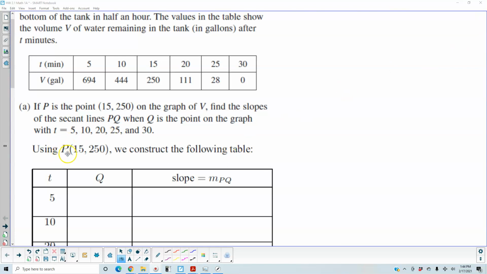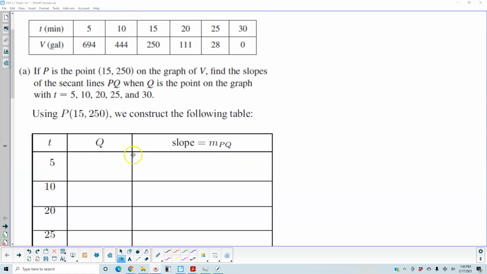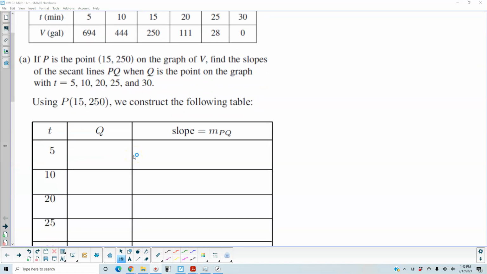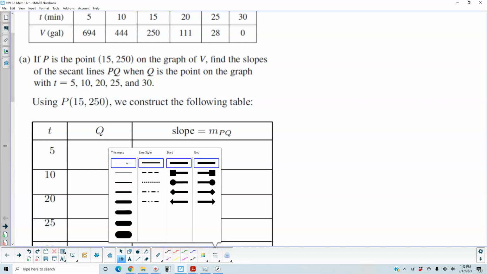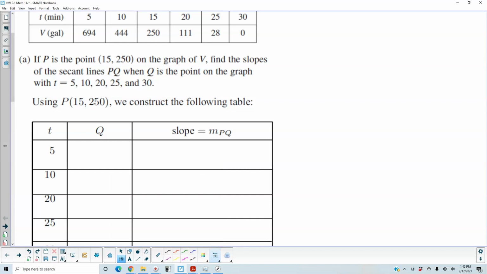So we're going to be using P, which is (15, 250) for the ordered pair, to construct the following table. So what we're doing right now, for each particular point, is we want to find the change in volume